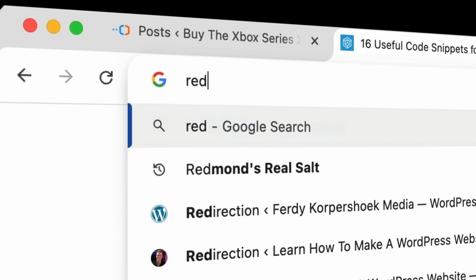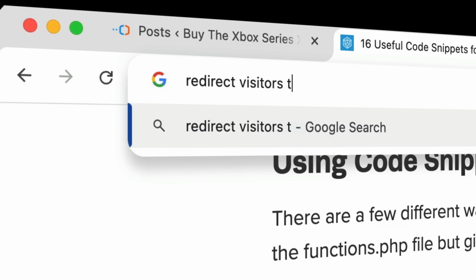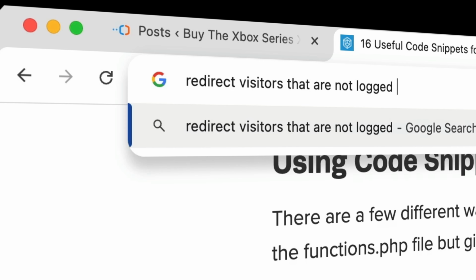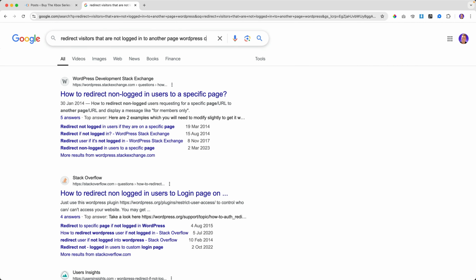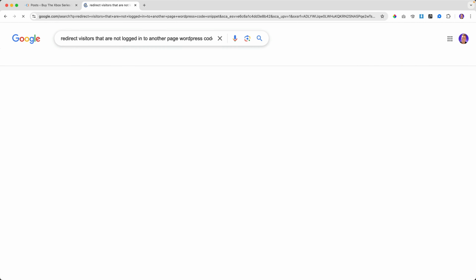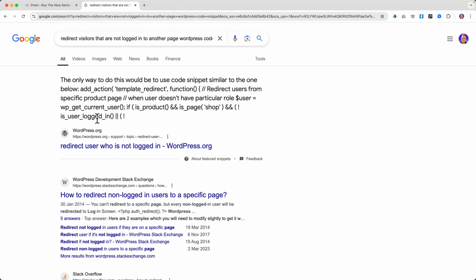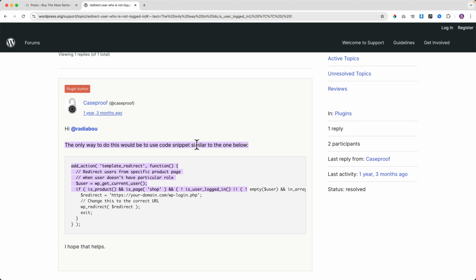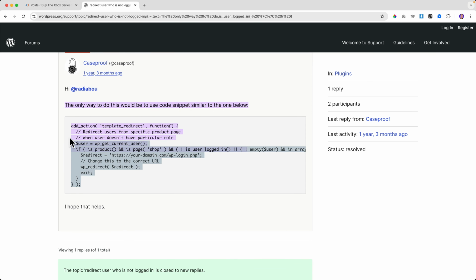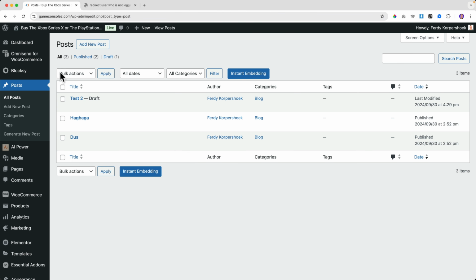So redirect visitors that are not logged in to another page, WordPress. And then code snippet. Okay. Redirect user who is not logged in. The only way to do this would be to use a code snippet. So I copy this.